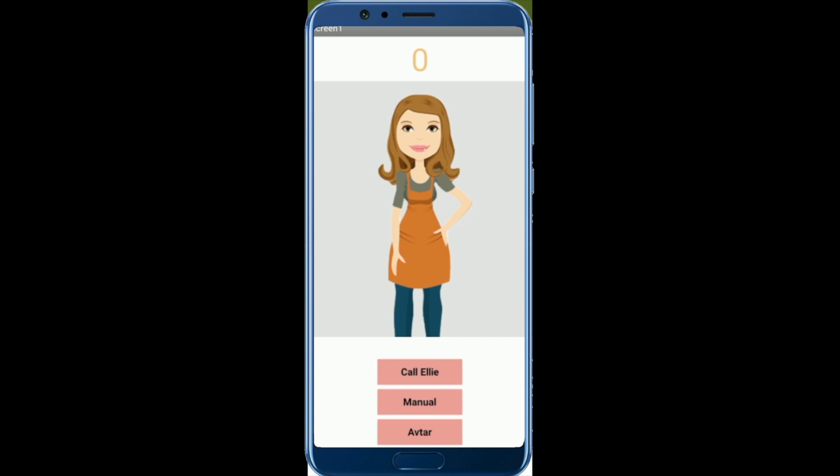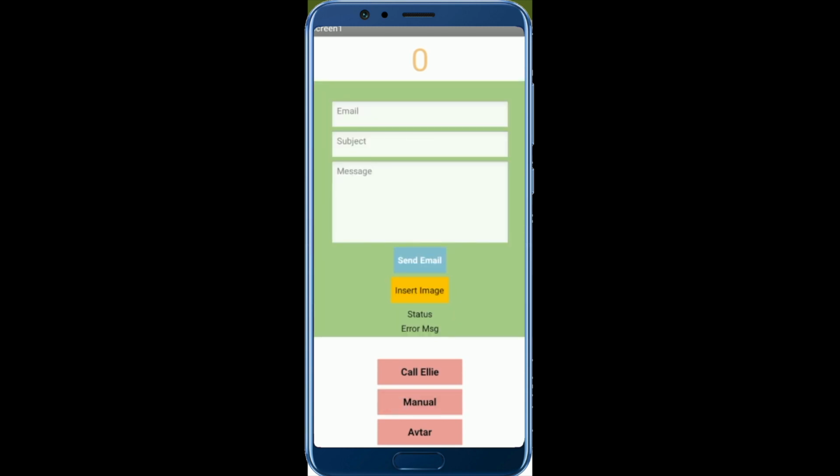And whenever you click on manual, so let me just click on that, and you'll find your email, subject and message. So it means you can fill all this information manually, and we can insert an image. Use this button to add your image. These two things are status and error message. So whenever you send the email, this will return the status as true if your email is sent. Otherwise this will display false, and if there is false, then this will display some message also. So maybe you will get the problem, like maybe your credential is a problem or something else.